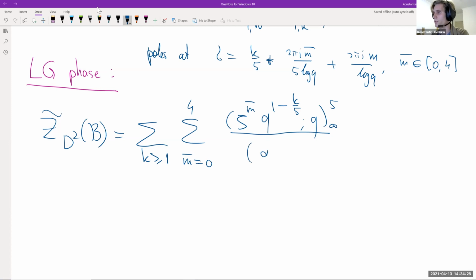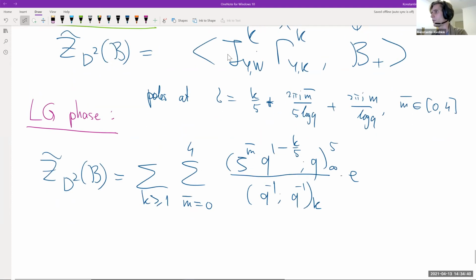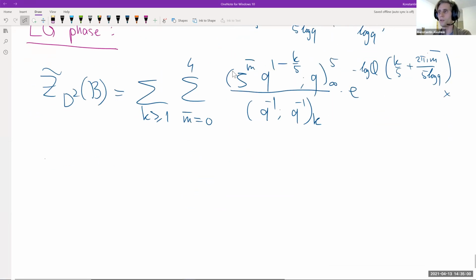Yeah, this is just q inverse to the K. This is a residue. Then there is the usual exponential factor. Okay, and then there is the fun part, which comes from